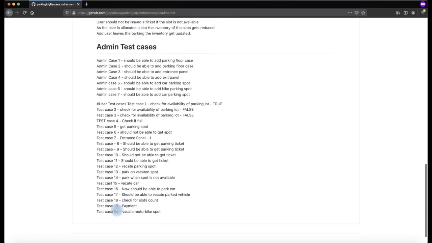Given this problem statement, I have come up with somewhere around 27 test cases which I can think of immediately, which are core test cases. We can extend these test cases to as many as we can, but I am going to cover them at the end of the solution. After demonstrating the solution, I am going to show all these test cases are working as well. So we will revisit the test cases at a later point of time.